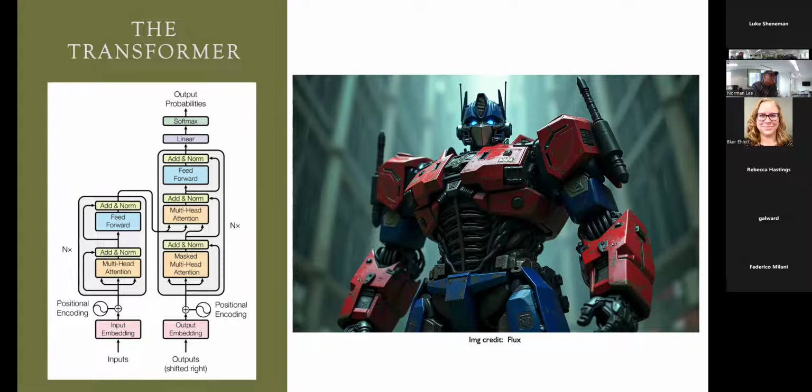So all of the latest large language models and almost all of the generative AI models that are used today are based on this transformer architecture. It was introduced in 2017 in a paper that Google published called Attention is All You Need. And that paper really changed the landscape of artificial intelligence research,